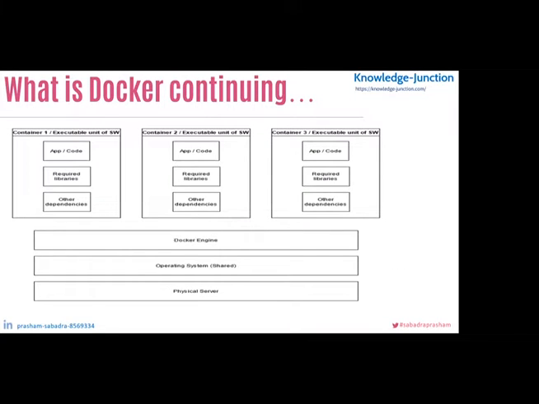If we discuss where Docker fits, our server might be in the cloud or in an on-premises environment, where the operating system is shared. Then comes the Docker engine. What is Docker engine? We will discuss it shortly, and then we can have our application. So this is like a layered architecture.